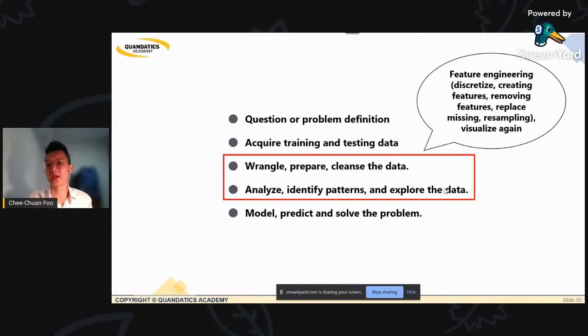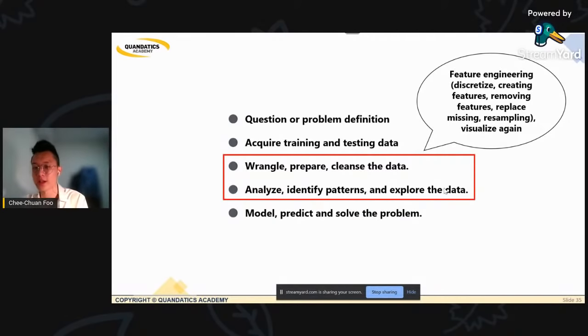Okay, when I start cleaning my data, the first time I clean the data, I analyze with my charts and graphs and so on. Then I might have identified other patterns that I wouldn't see before this, right? Then I will go back to the wrangling process, do some more wrangling, do some more preparation, come back and